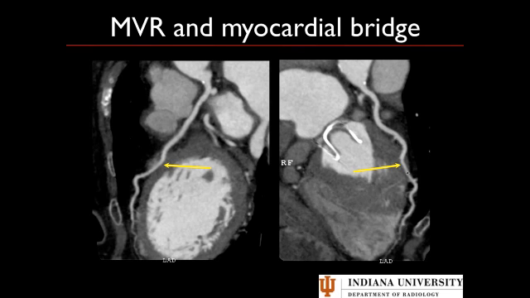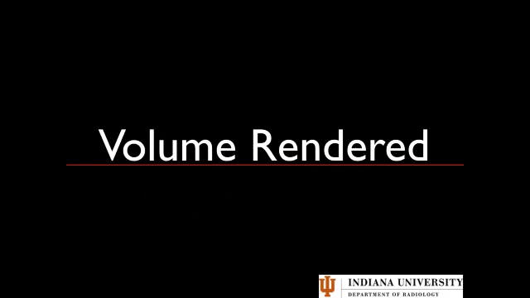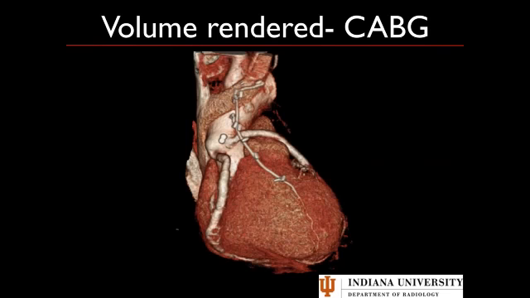And then it dips down here. You can see it's surrounded by muscle. So this is a myocardial bridge. In the majority of patients, this is insignificant, but rarely, in a few percentage of patients, it can cause some ischemia. Volume rendered images. The one area where I really find volume rendered images valuable is in coronary artery bypass